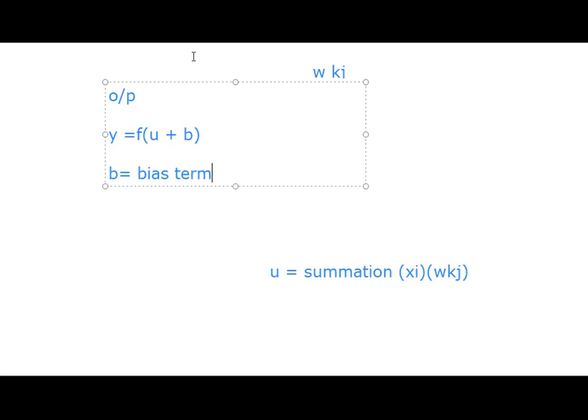Now moving on further. If we add a bias term as an external parameter of the neuron, we may account for its presence. What is the requirement for a bias term? Why do we need it? What is the need for the bias term?